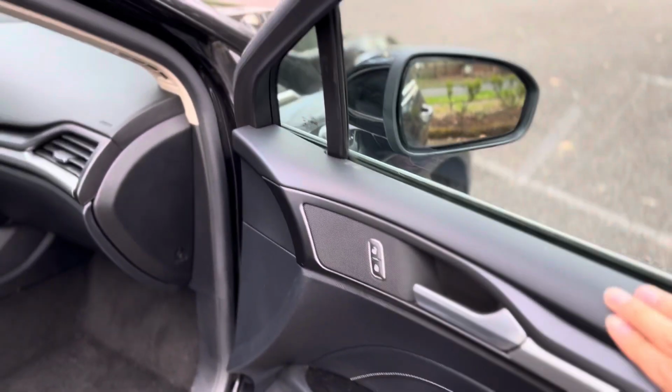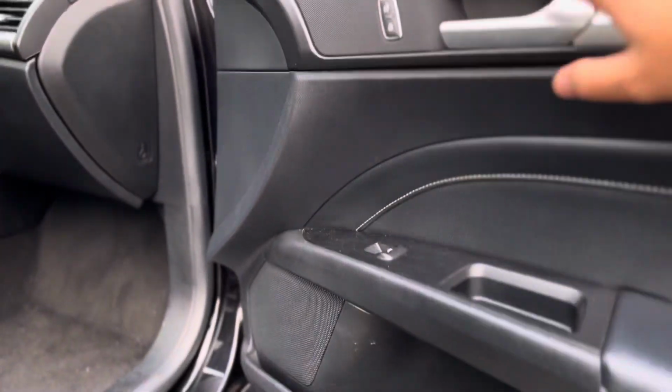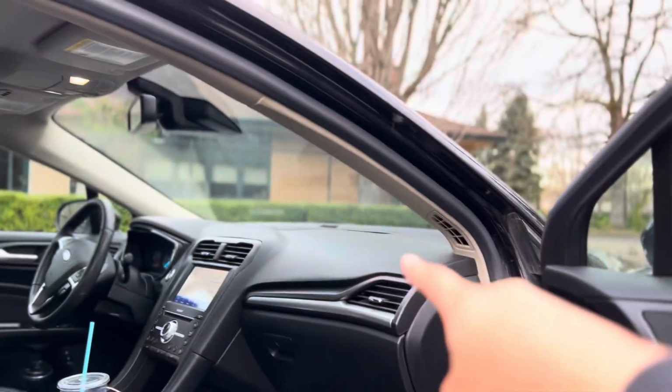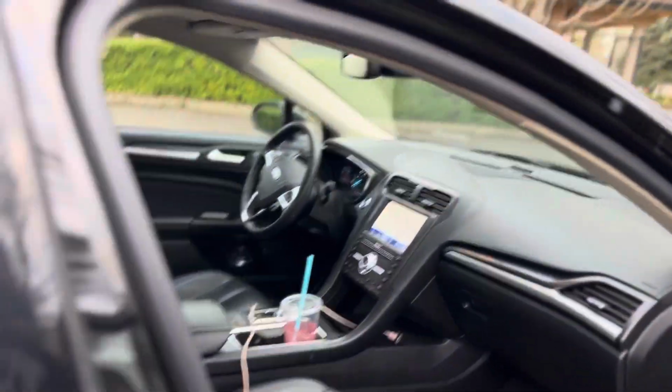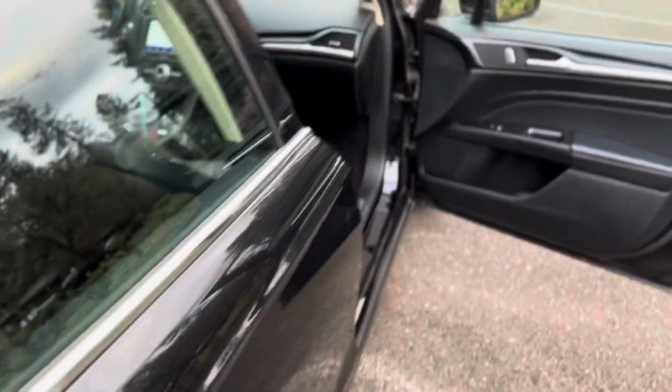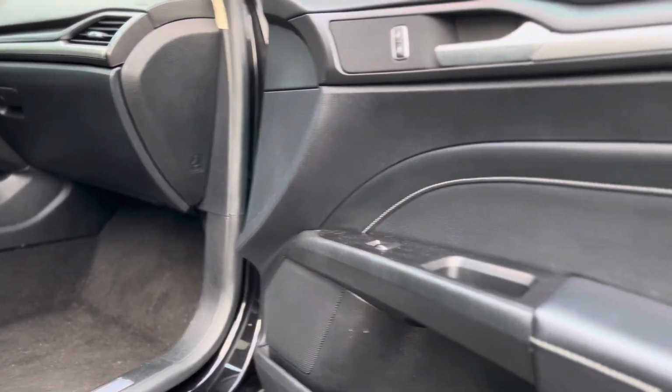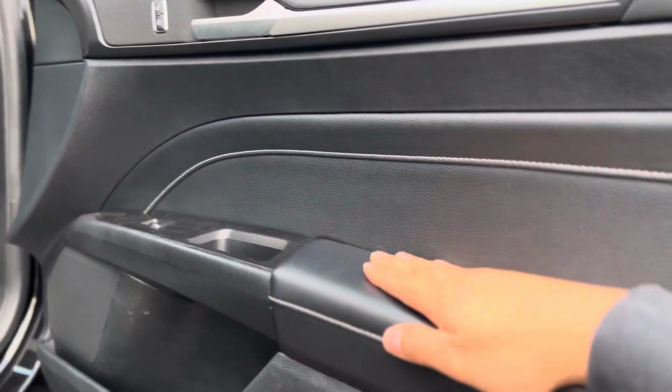So there's soft touch material up here. This car comes with 12 speakers. There's 2 in each door, 2, 4, 6, 8, and there's 1 in the center, and there's 3 more back here, one of them being the subwoofer. The sound system is amazing. The treble needs a little work, but down here we have real leather stitching, it looks